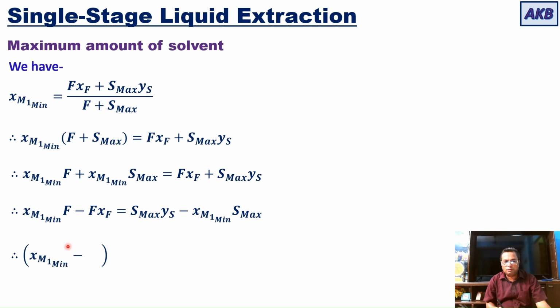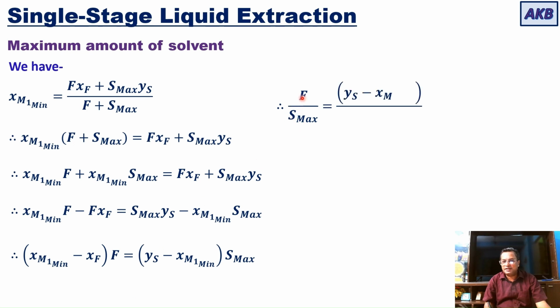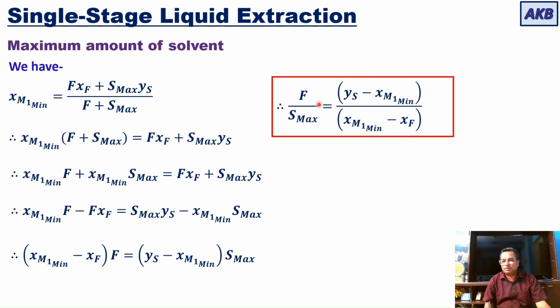Then you can take F common, so it will be xm1 minimum minus xf into F, that is equal to ys minus xm1 minimum into S max. So we get F by S max is equal to ys minus xm1 minimum divided by xm1 minimum minus xf, and you can use this equation to find out the maximum amount of solvent